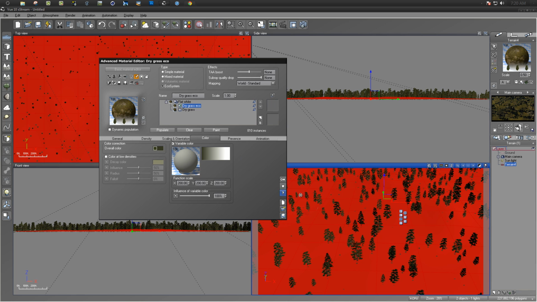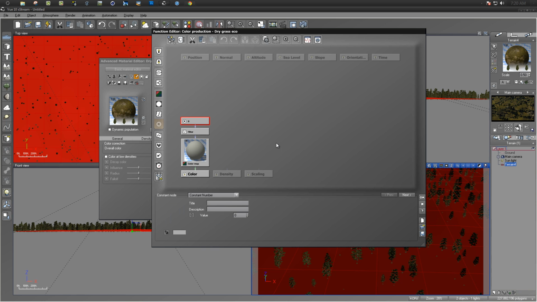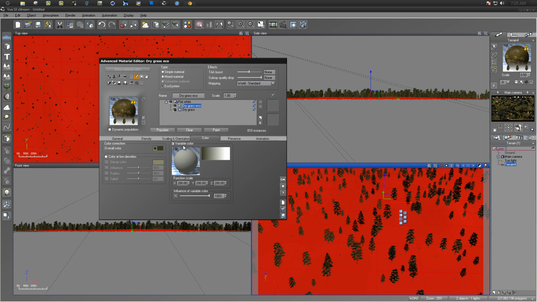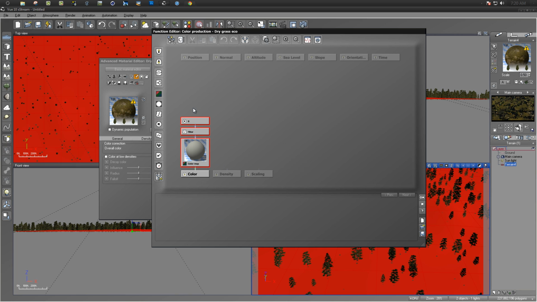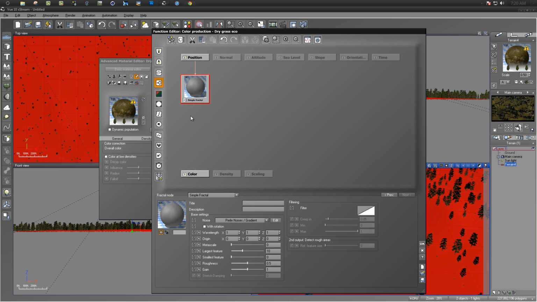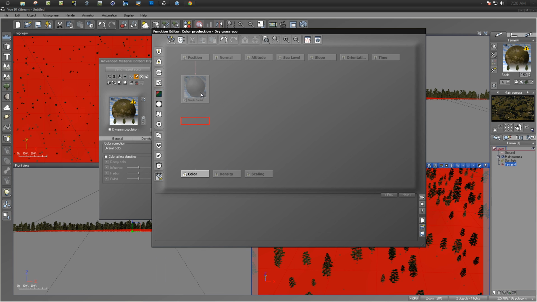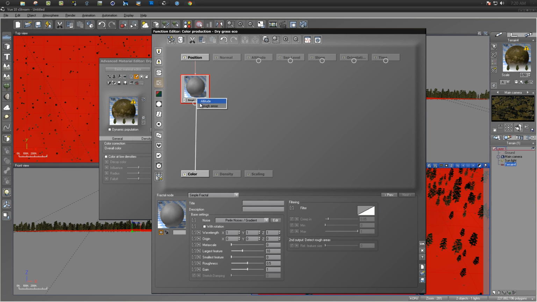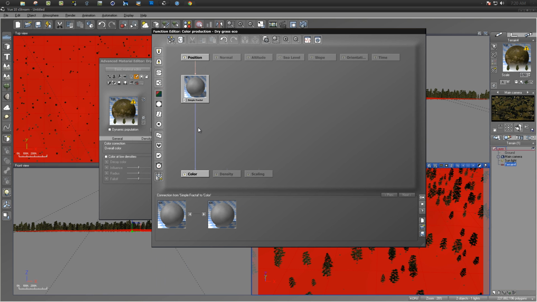Then I'm going to use variable color. What you want to do is go inside the function editor. When you enable it by clicking on the checkbox, you just right click and go to edit function. Delete those right off. Next, load up your fractal, then connect it to the color tab. After that, connect the color map